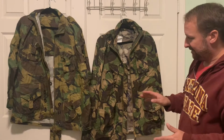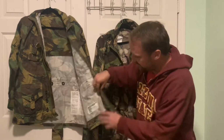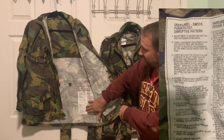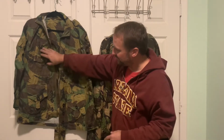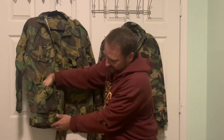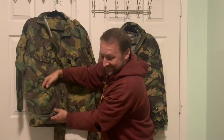So I'll get into the details of this. There is a label on these, which is quite nice. This label here gives you instructions on how to use the jacket. The features are you have your magazine pouches on the front. These are for larger items such as mess tins, according to the label. I don't know how you'd get a mess tin in here. I guess you could stick it in and it would hang out the top, but it's a little bit small